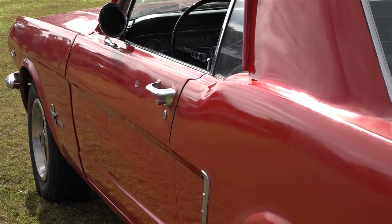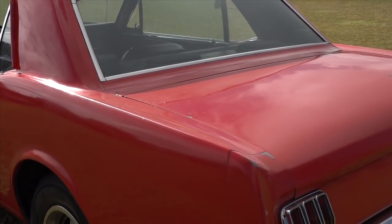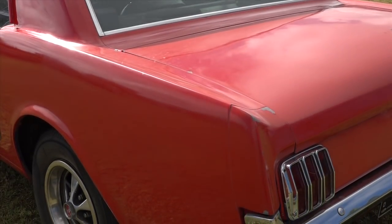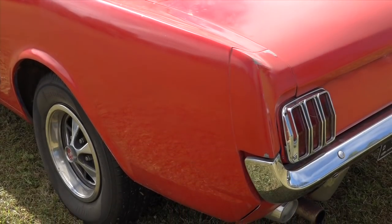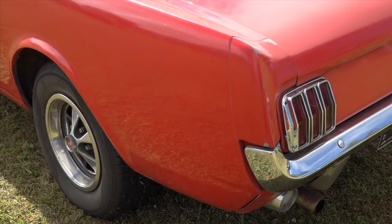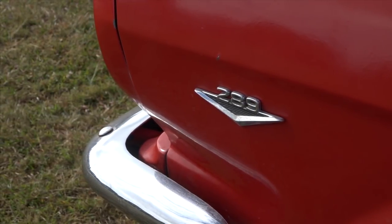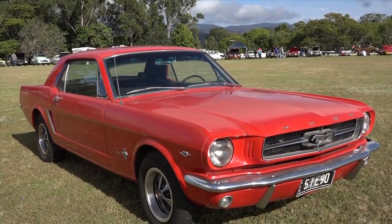I'll even admit my mentality years ago was to see a car like this and straight away the thought was no, back to a rolling shell, sandblast, full restoration. And that's the way I thought on a lot of things. But as time goes by and with people's budgets, what they have to spend on cars, this patina effect was being used a lot. People were keeping cars original, and I think that's taken on a whole new branch in